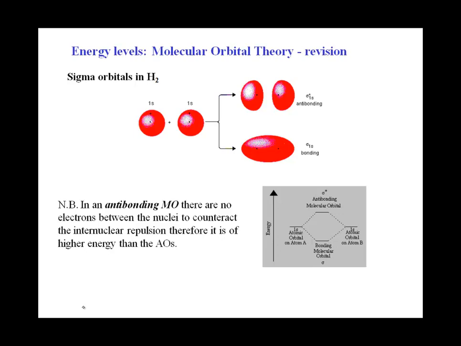But just to recap, the idea of molecular orbitals is that you have two atomic orbitals. Here the simplest case is hydrogen. You have the 1s orbitals, and you push them together, if you like, to give you two molecular orbitals. And the idea behind all of these is, I hope you now realize, that electrons